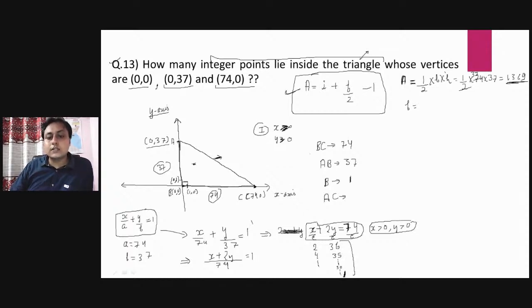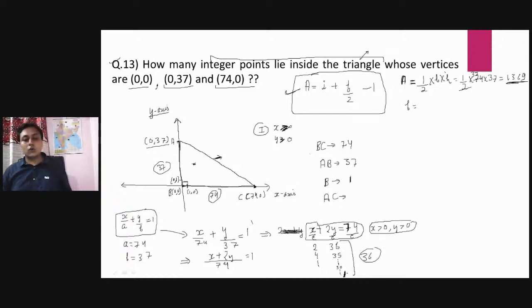So guys, how many integer values are on this line? 36 to 1 means 36, right, because it cannot be smaller than 1. This line is in the first quadrant, so the number of integer points on this line AC is 36. So guys, when you add these values,